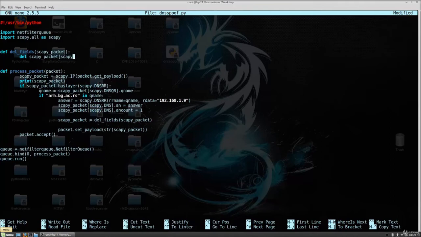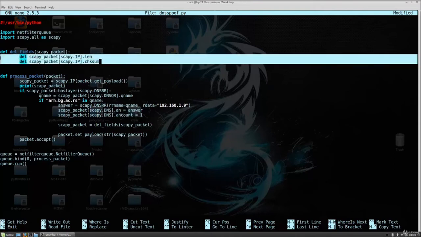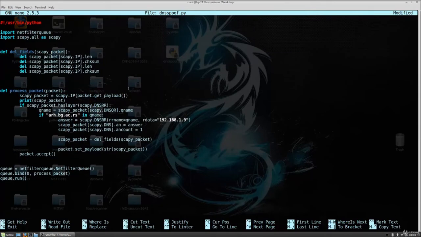First of all, from the IP header, we want to delete the .len field. Also, we want to delete, del skp_packet from the IP header, the checksum, which we specify like this, chksum. Now, what we want to do is first of all copy these two lines right here, since we don't want to write them once again, and we could just paste it right here. And all we have to change is this IP header to be UDP, and in the fourth line also to be UDP. So we deleted all the unnecessary fields, and right now we can actually try to run the program,